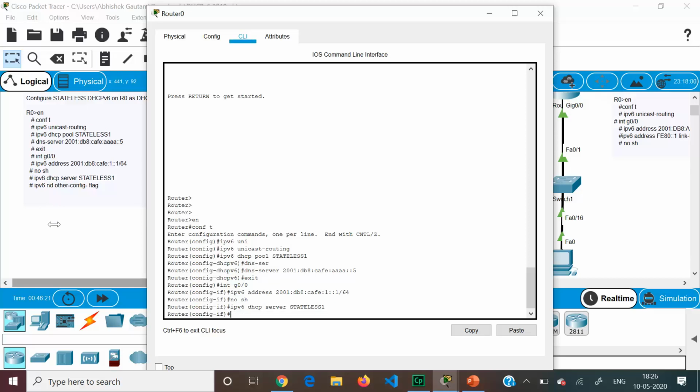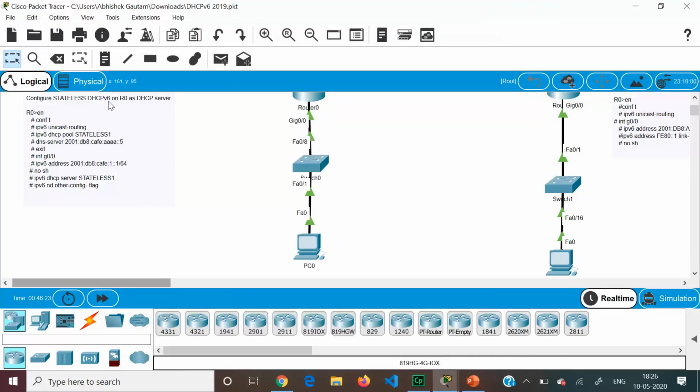Now when we are using the stateless DHCPv6 combination, this was purely SLAAC, stateless autoconfig. In this case, when it is sending the discover message, the O flag and M flag are 0 0. Here in this case the O flag will be set to 1.